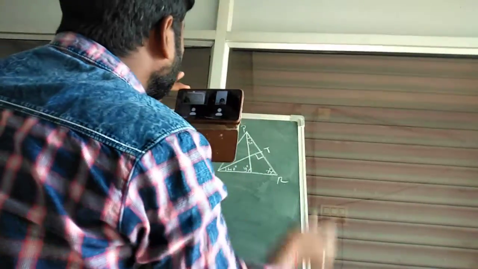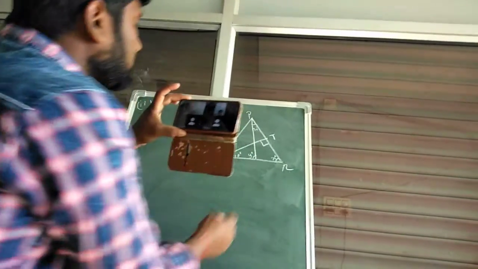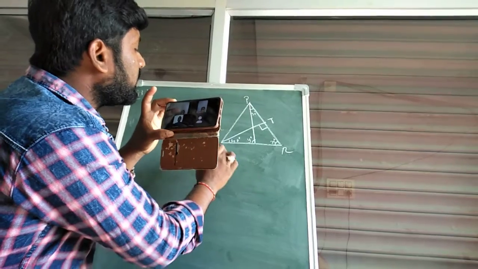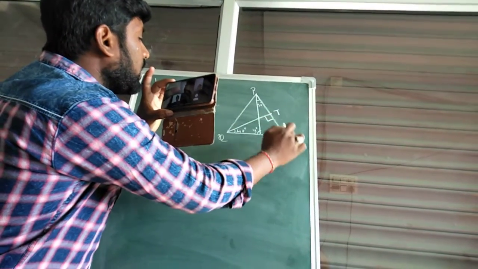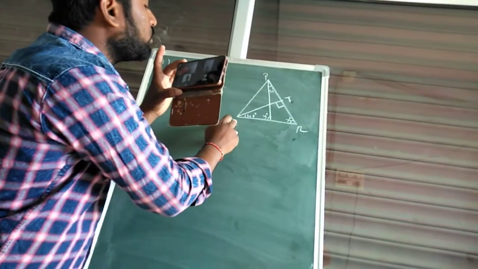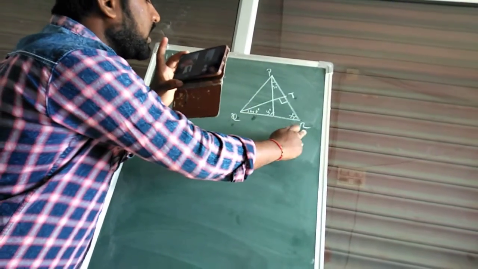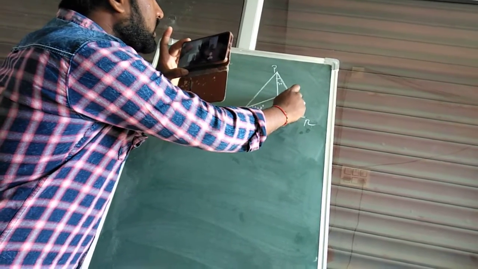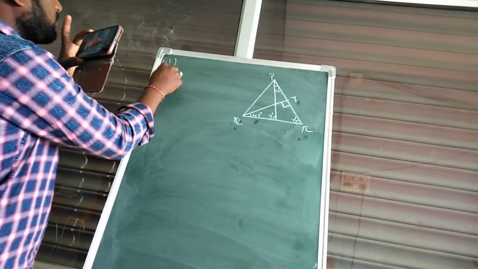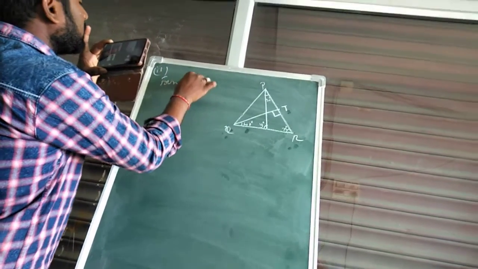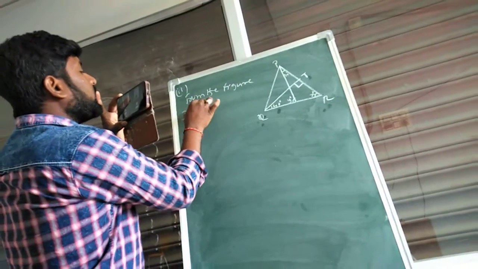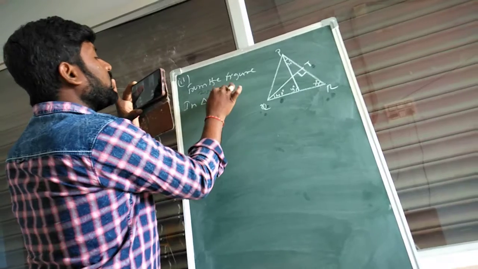Okay, students, this is the second question. Observe here in triangle QRT. In triangle QRT, angle Q is equal to 40 degrees, angle R is equal to x degrees, and angle T measures 90 degrees. From the figure, in triangle QRT,